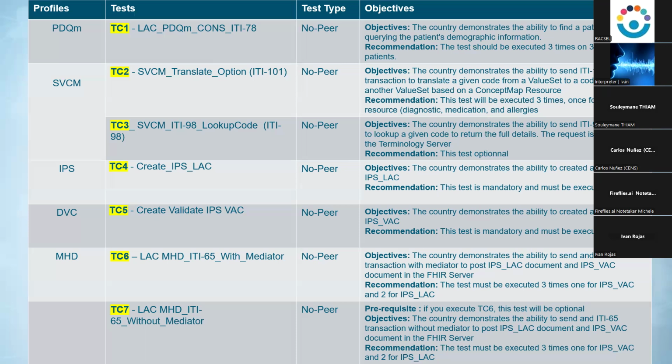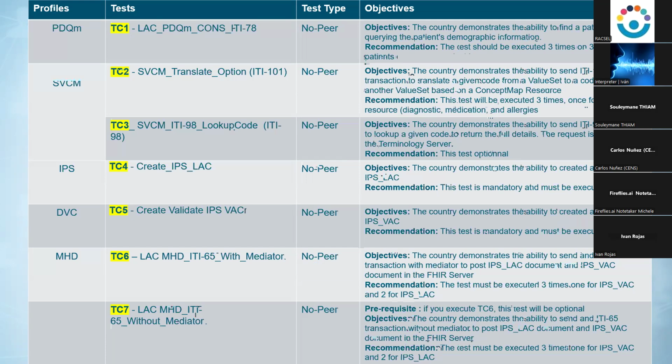It means you have to send the ITI-78 from your system to the Gazelle MPI in order to retrieve a patient. And this test will be executed 3 times. Why 3 times? Because you need to prepare your data set for 3 different patients. 2 patients will be used for track 1, and 1 patient will be used to test track 2. That's why this test is important.